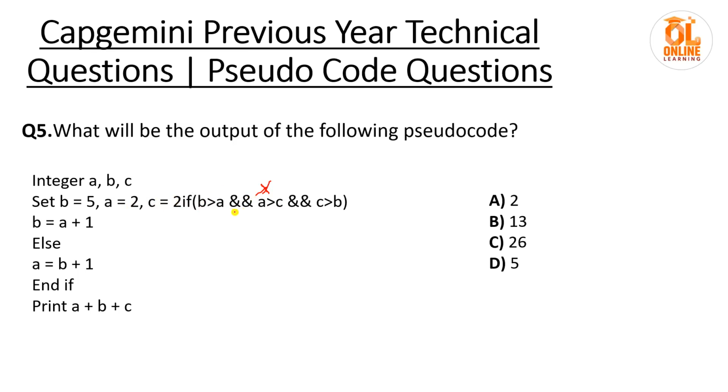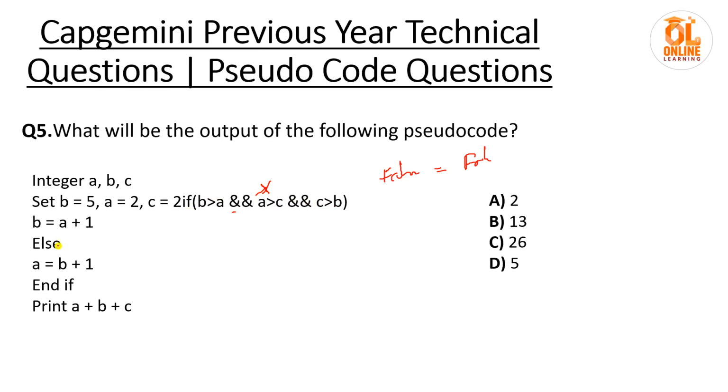And do remember that if you have this AND, and you are traversing from the left, anywhere you get the result false, you don't need to check the other conditions, because even if one false is there in the input, because of the AND, the complete result will become false. So you can stop right there wherever you get false. So here I am getting false, I am not checking the other conditions.